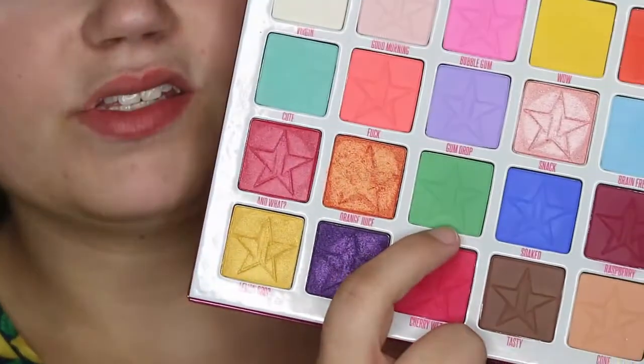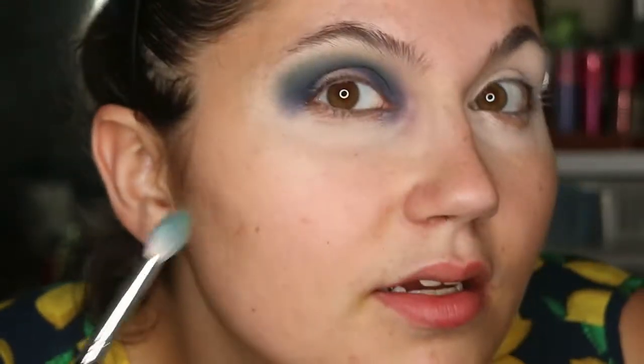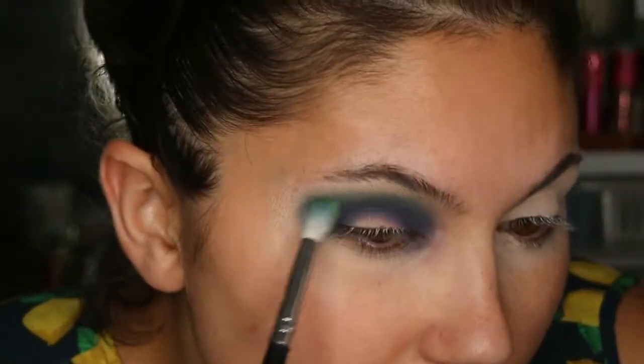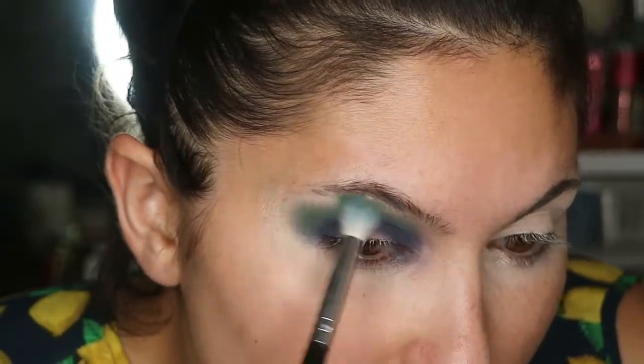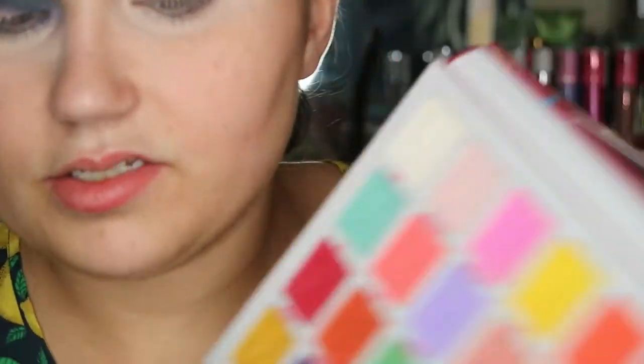We are going to go into a little bit of Sour. Just blend it into that blue shade. Okay. On the very outer edge here, we're going to take a little bit of Cute, just a little bit to lighten up that green, that Sour color we just put down. And we'll go back in with a little bit of Sour in a second, but we want to really make sure we get that